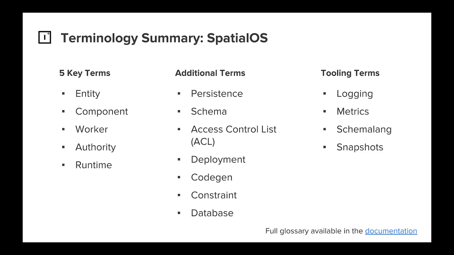We covered the idea of persistence, and I showed you that schema is the way that you define the messages in between for internode communication. We covered what a deployment is. It is an instance of your game world, potentially backed by multiple servers. And we spoke about code gen and the idea that from schema, I can generate all of the networking code that you need to write your game against. And tools, obviously, we covered the fact that we do logs and metrics and snapshots as well.